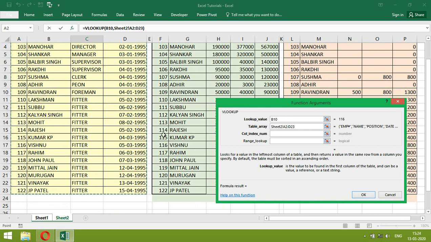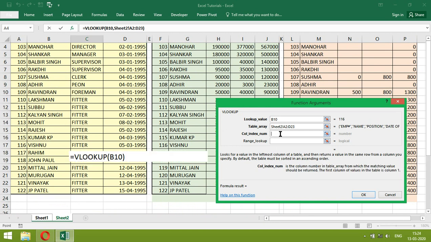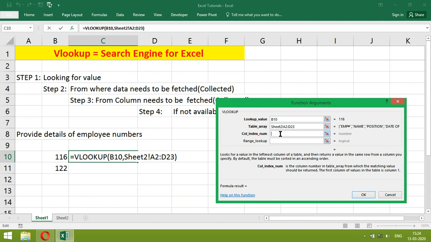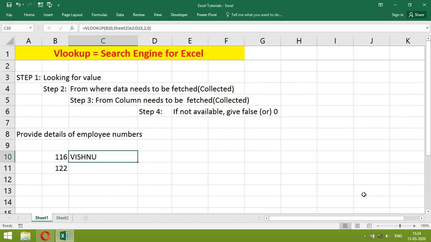Within this range, we want column number 2. So we just give column number 2. Then logic: if not available, give blank. Say OK.